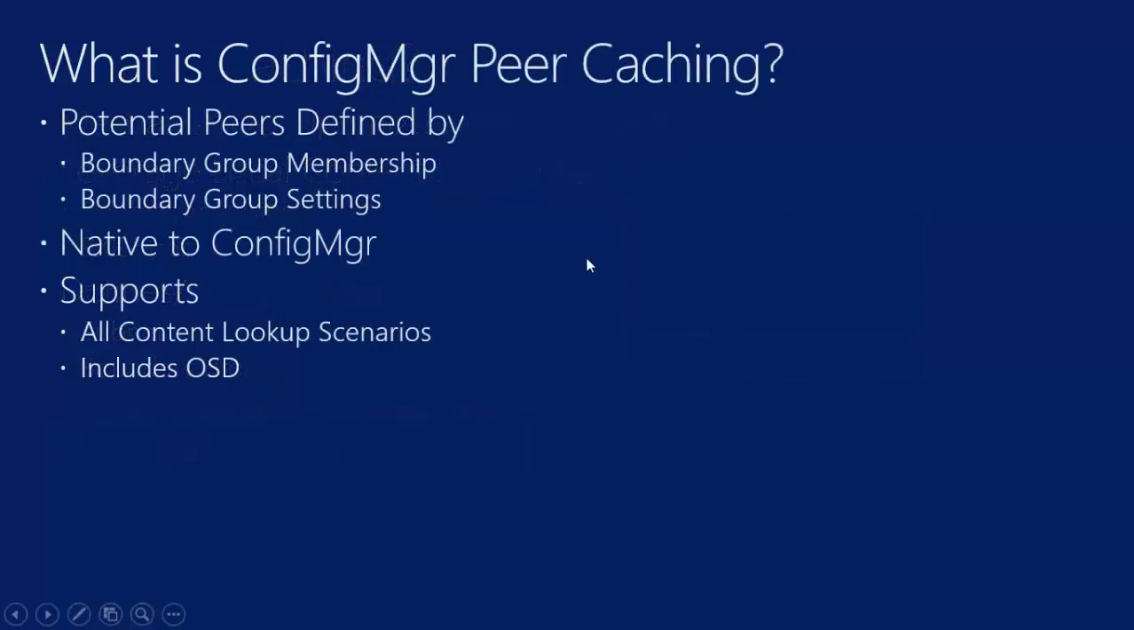Now, what is Config Manager peer caching, now being specific and turning our page to be specific in Config Manager? Well, potential peers, so same thing. We're going to be doing caching, but we're going to be using the peer caching mechanism. So what is the mechanism to define who the potential peers might be? It's a combination of boundary group settings and boundary group membership. So we'll talk about how those two are working together or can work together as we go further a little